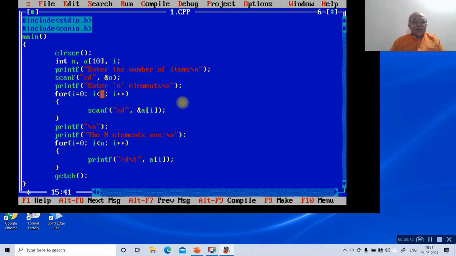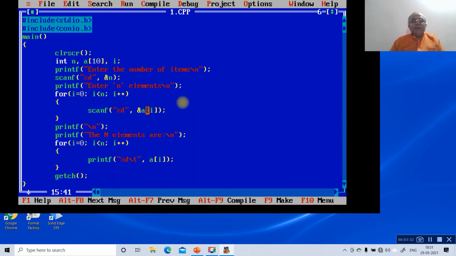Is 1 less than 5? Yes, then read the A1 value, which is 20. Then 1 plus 1 becomes 2. Is 2 less than 5? Read the value of A2, which is 30. Again, 2 plus 1 becomes 3. Is 3 less than 5?